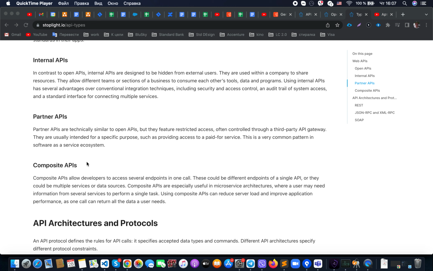But anyway, as a part of a single API call, we can make multiple operations and invoke multiple services or data sources, and work with the composite API when it's necessary. And usually it's very useful when you use microservices architecture.